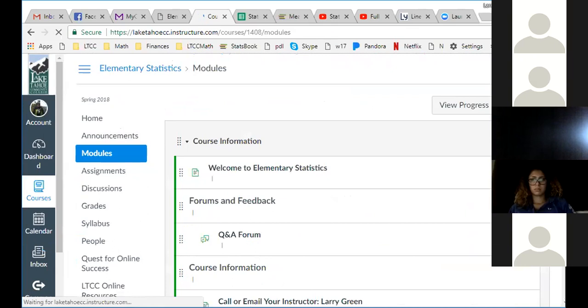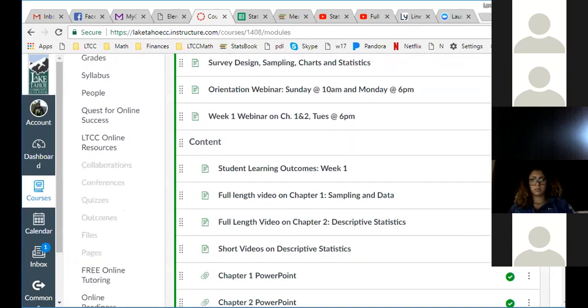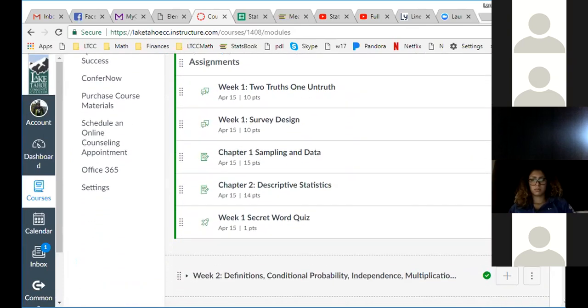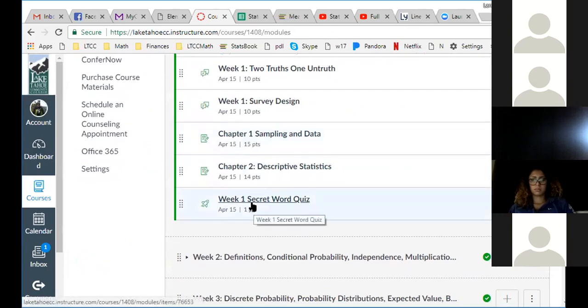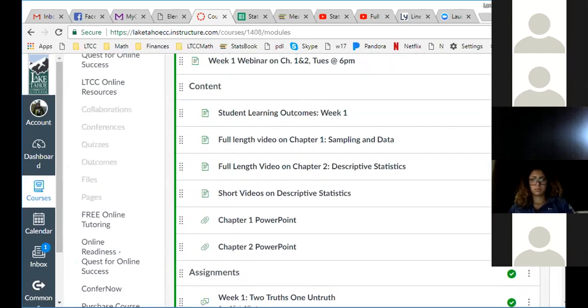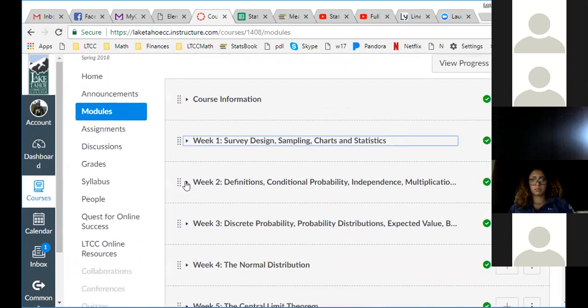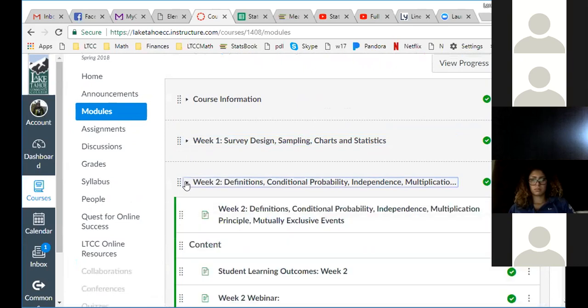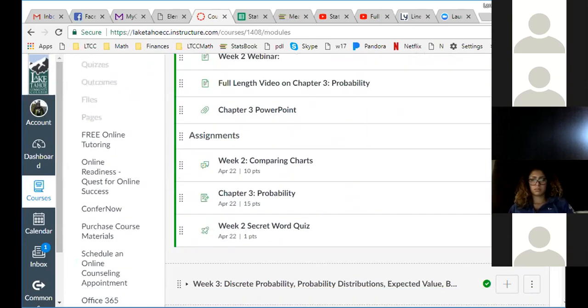So let me go back, and we're almost done. So we were in week 1, and the weeks are mostly the same. Actually, that was the last one. What do you know? Secret word quiz was the last item for week 1. So you saw the whole week 1. And by the way, just navigation stuff: if you click this little triangle, it closes week 1, and you can open the triangle for the week you want, and that'll open up the next week that you want to look at. And then you can just focus on where you're going.